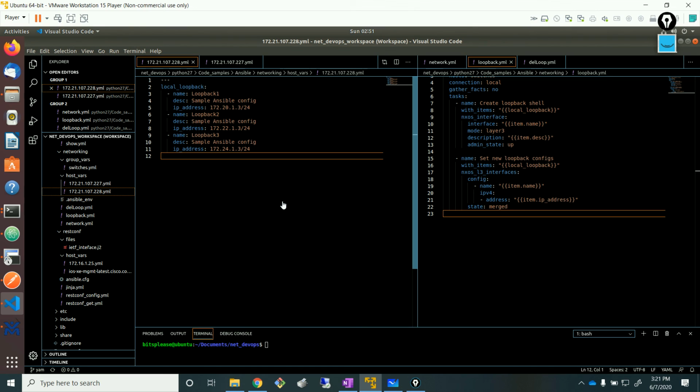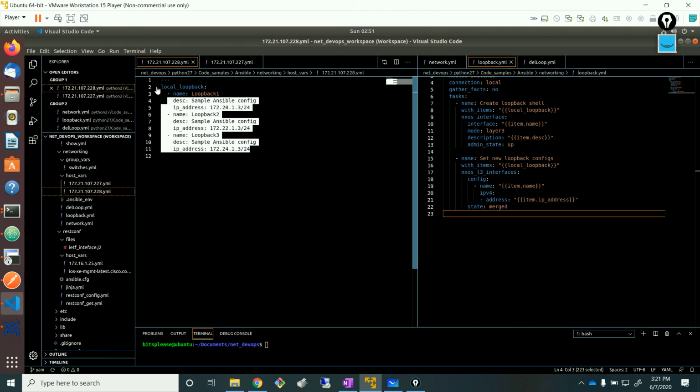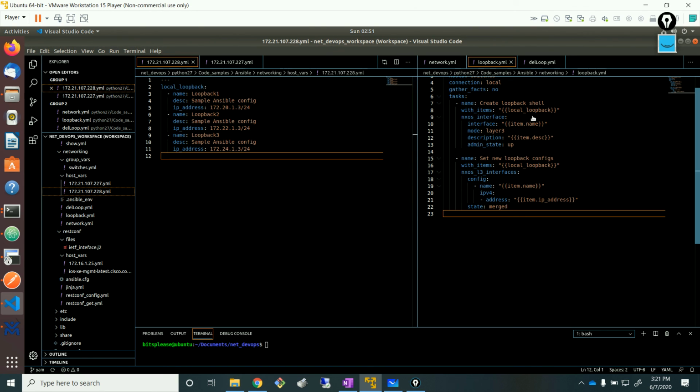I mean, instead of me writing a Python script to manually push this configuration, now I can put this information in a machine readable form, right? YAML is more like a machine readable form. So I can put this information in a machine readable form, and I can basically make my script, or my Ansible playbook, understand this particular machine readable form, and it can go and configure it for me, right? This is way ahead of the olden days where we used to do all kind of automation using CLI,